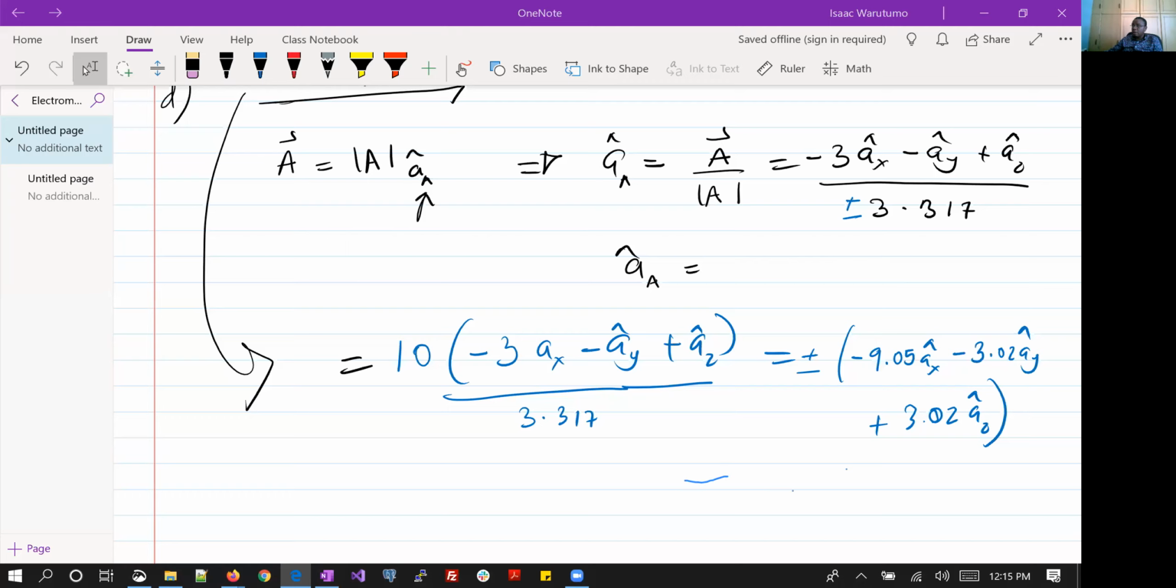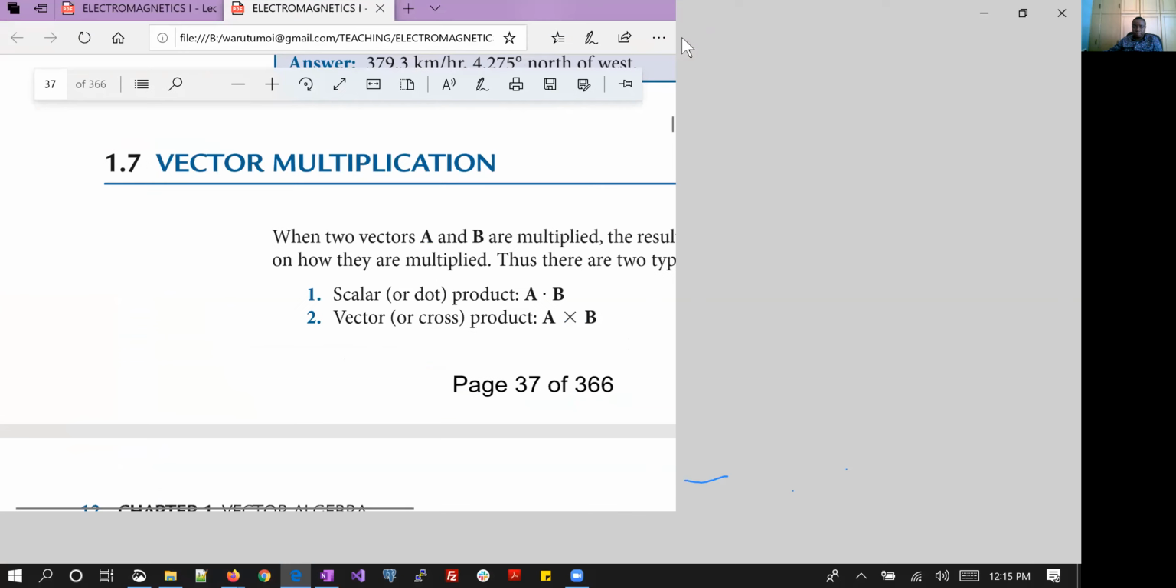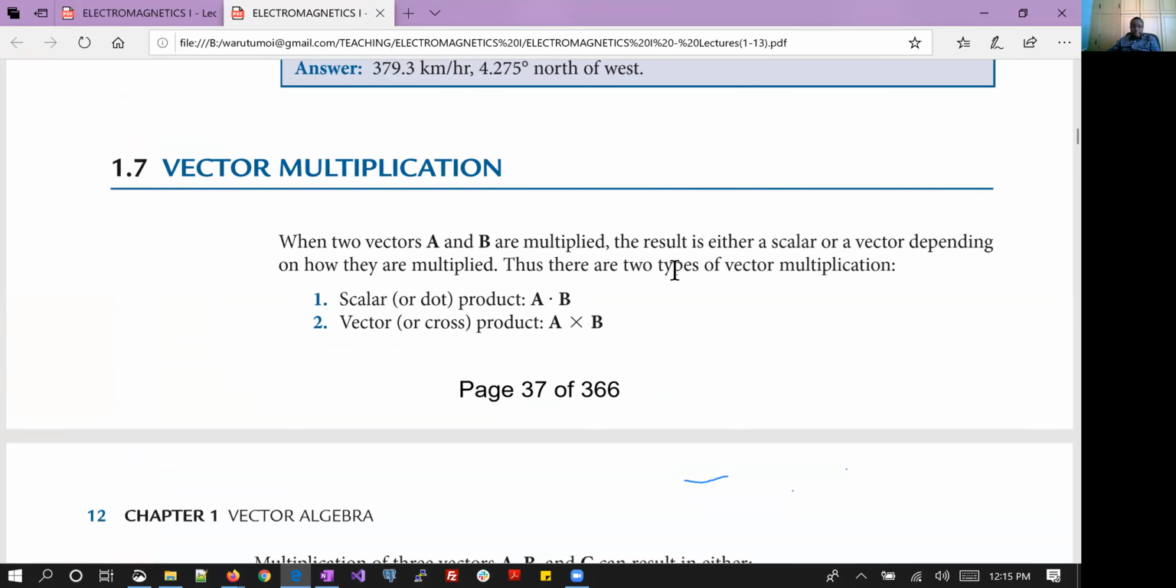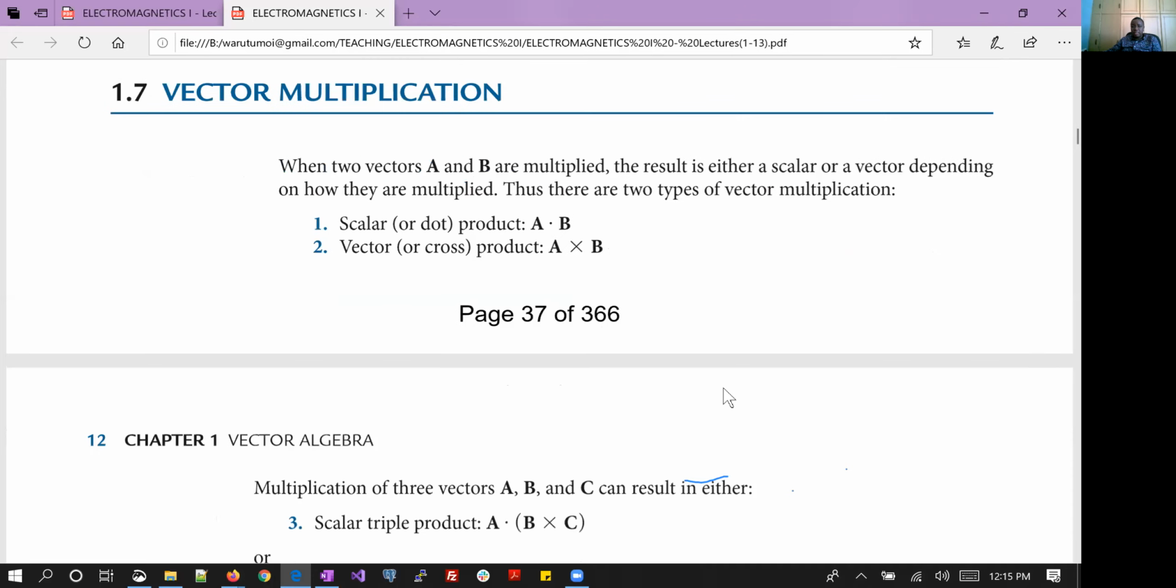Now we want to talk about vector multiplication, and now bringing my screen back so that we go through the notes. Vector multiplication involves two concepts, a dot and a cross. We say that when two vectors A and B are multiplied, the result is either a